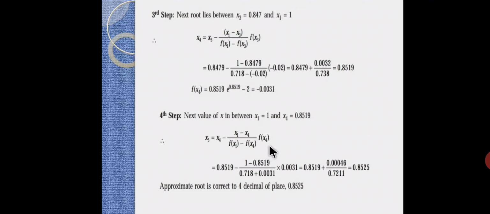For the next approximation, the value of x is in between 0.8519 and 1. So the approximation x5 is equal to x4 minus (x1 minus x4) by (f of x1 minus f of x4) into f of x4. We substitute x4 and f of x4, x1 and f of x1 values. We get x5 value is 0.8525. From the fourth and fifth approximations, we conclude that x is equal to